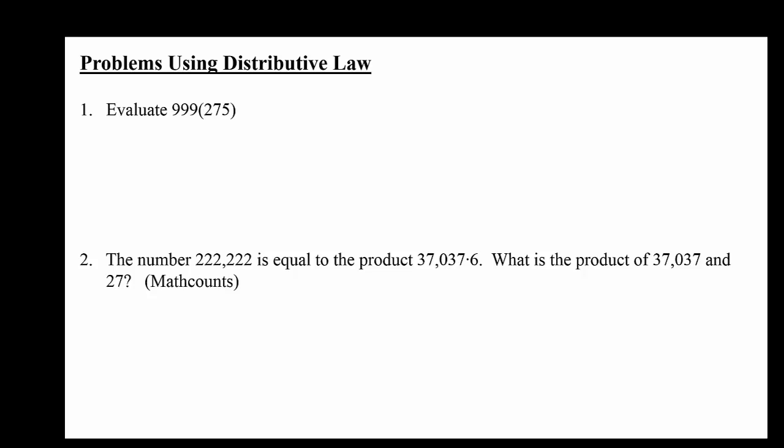Okay, so we can write 999 as 1,000 minus 1. We notice that 999 is super close to 1,000, and multiplying numbers by 1,000 is a lot easier than multiplying numbers by 999. Multiplying by 1,000 and by 1 is super easy, so I'll rewrite 999 as 1,000 minus 1, times 275. And now we can use the distributive law, going forward, so I'll have